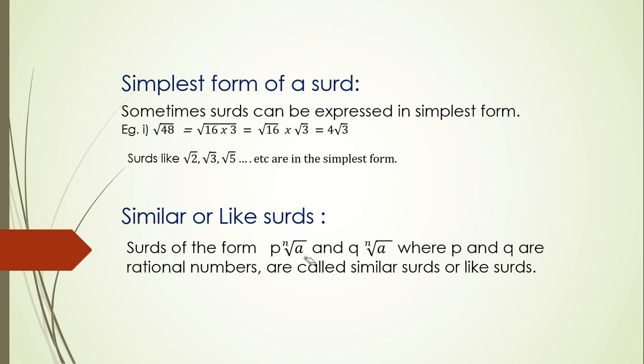But the surd part, nth root of a and nth root of a, if it is exactly the same, then those two surds we say they are like surds. Now here 3 examples I have given. Root 2, minus 3 root 2 and 5 root 2. These 3, you see the surd part, root 2 and root 2, is the same. Therefore, they are called like surds. Whereas here the rational number is 1 along with it, minus 3 along with it, and 5 along with it. So, these 3 are like surds or similar surds.